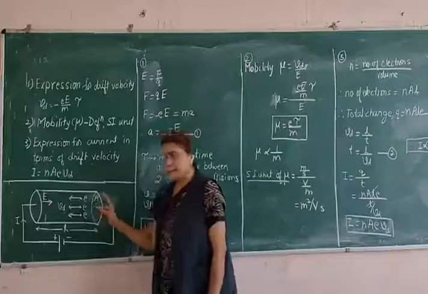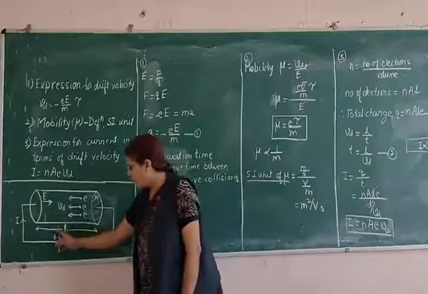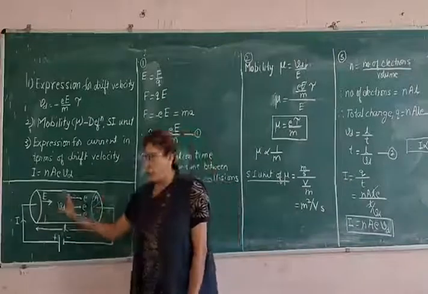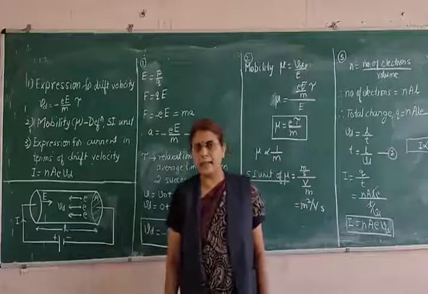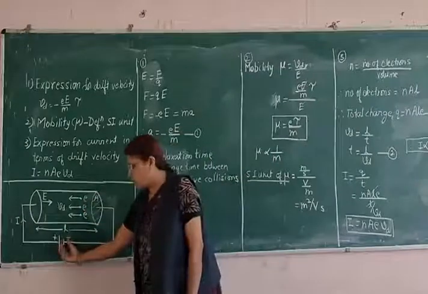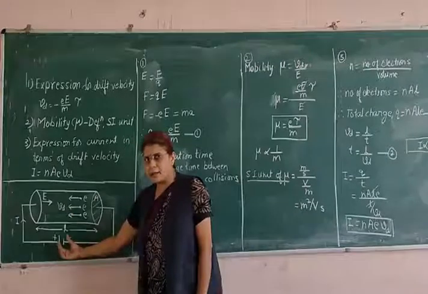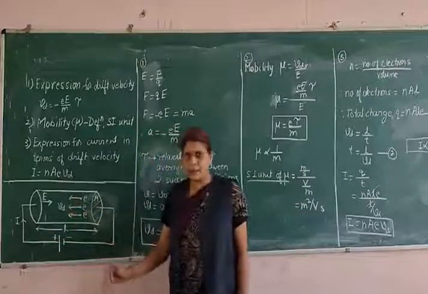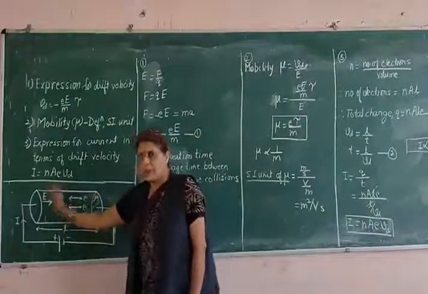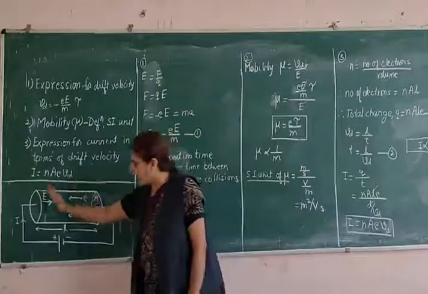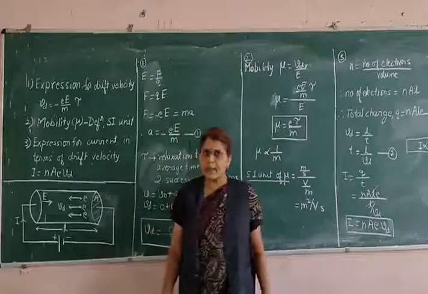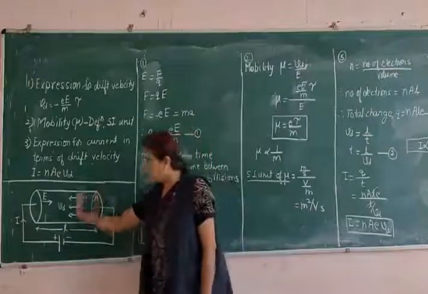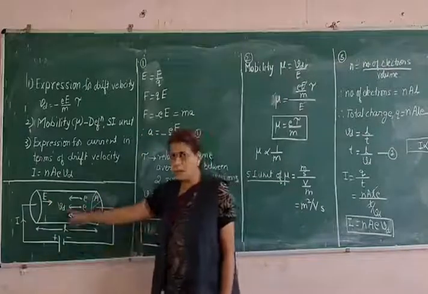This is a conductor, a conducting wire you can see, length of which is L, and uniform area of cross section is A. Now if you want current in any conductor, you have to connect a battery across it. So I have connected a battery across it. Whenever you connect a battery across a conductor, the negative electrons are dragged towards the positive end, and I told you what drift velocity is. The average velocity with which the electrons are drifted or dragged towards the positive end of the conductor is called drift velocity. So the moment you apply the electric field across the conductor, electrons begin to move towards the positive end with the drift velocity Vd.